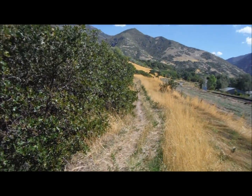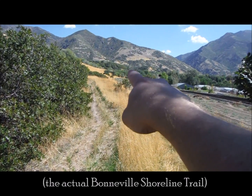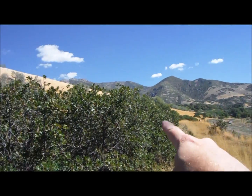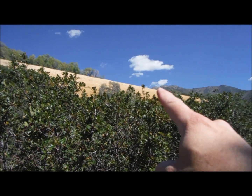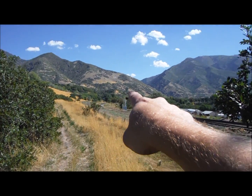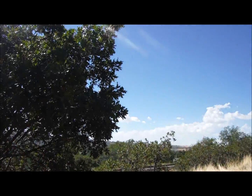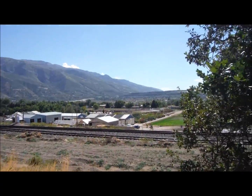At this point, I have two choices. I can continue following this trail all the way up and over this way. This hillside is the highway leading up to my house, and I can follow that and it'll come over this way and eventually meet the highway where it will dead end. And then you have to continue on the Bonneville Shoreline Trail, you have to drive about 2 miles to the south this way